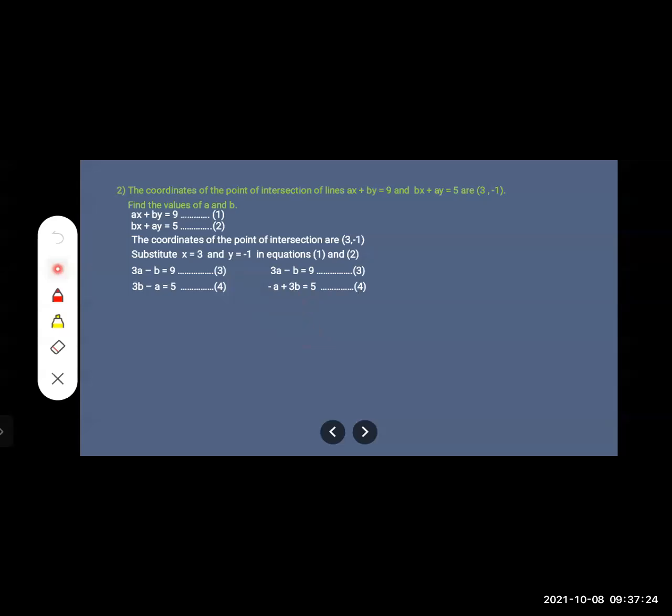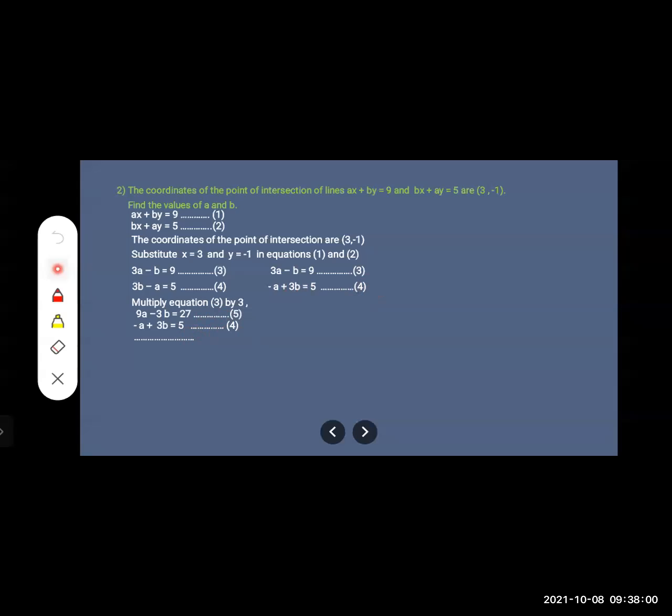Now you have to solve for this. So how can we solve? Multiply equation 3 by 3. What will happen? Here we will get 3b, so that these two we can cancel. That's why I am multiplying by 3. So what I will get? 9a minus 3b equal to 27. That will be the fifth equation. And this fourth equation you write over here: minus a plus 3b equal to 5. Understood, students? So fifth I have written and fourth also I have written.